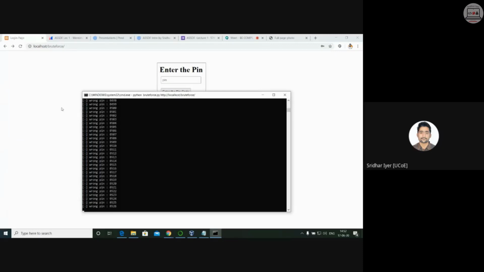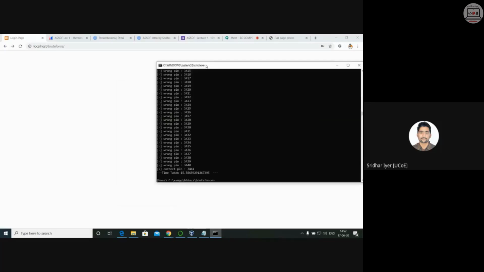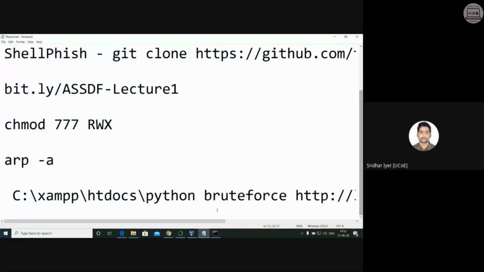You can see in the background, it's trying out all the various possible combinations of passwords. One of the passwords will match with this particular password, which is the actual password. I hope it works out. Yes. So you can see, I got an answer over here. I will simply copy it if it is not visible properly. I have copied it. Let me paste it over here.